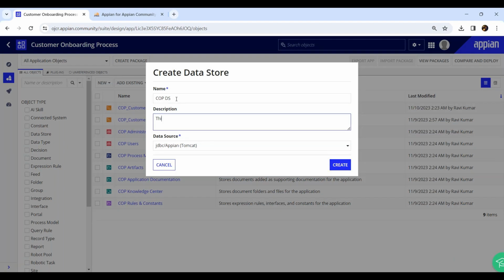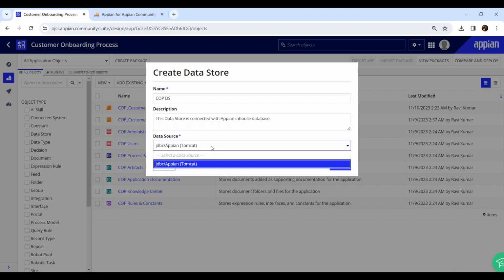I'll say this data store is connected with Appian in-house database. How do I define that? It's that this is connected with the in-house database. Now below is the data source. Imagine if you have created some more data source like Oracle or SQL Server from a third party and connected here, those will be listed here again. You can select any one of them and click on the one that you wanted and then click on the